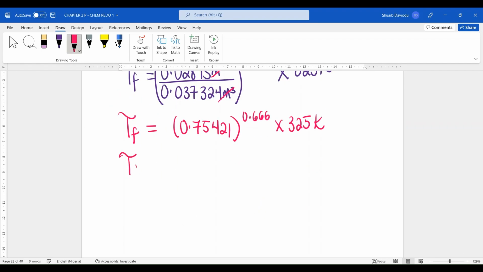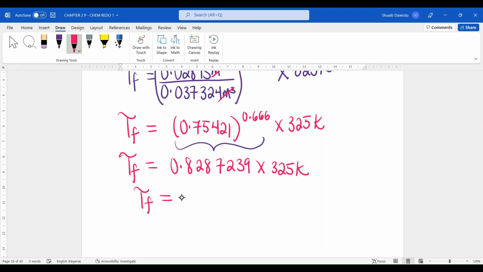So T final is equal to this information right here, which is just 0.75421 raised to the power of 0.666. So that would be 0.8287239 times 325 Kelvin. So T final is just 269.335 Kelvin. So this is basically the final answer for temperature. So the final temperature is